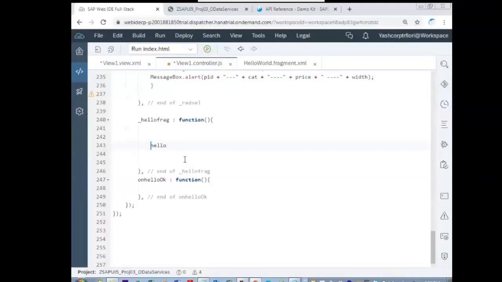First, make it global. Why I am making the variable global, I'll tell you. Okay, this.hello is equal to sap.ui.xmlfragment. It takes 3 parameters.